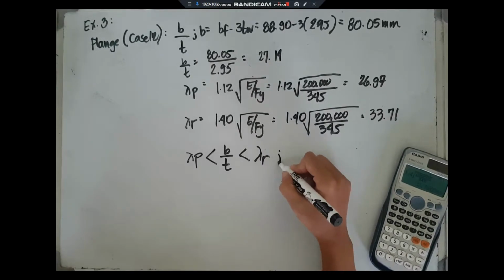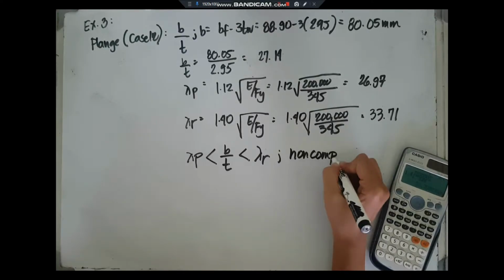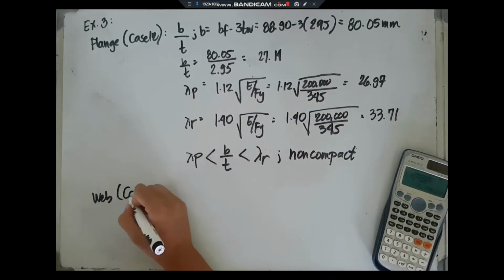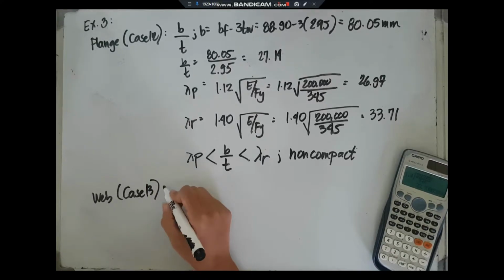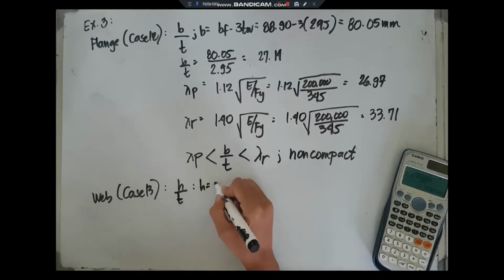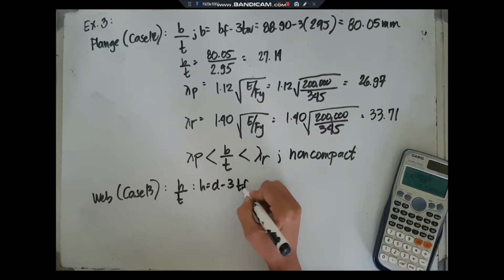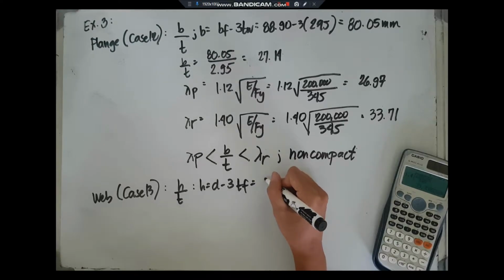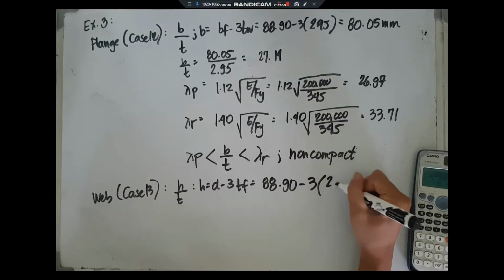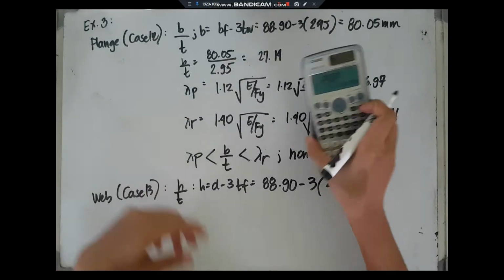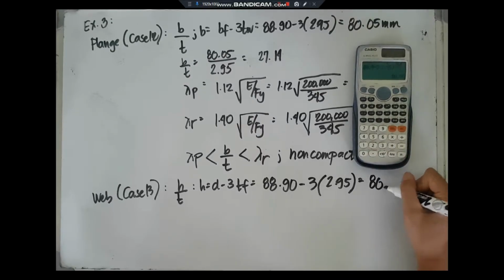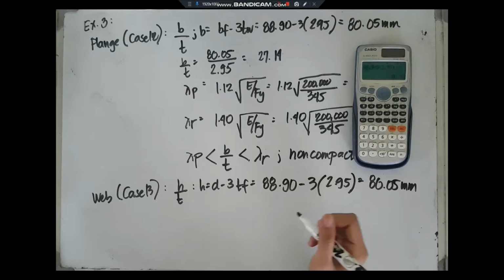Therefore, the section or the element is considered as non-compact. And for the web, we will use case 13, in which the width thickness ratio is equal to h over t, on which our h is equal to the total depth minus thrice the thickness of the flange. So 88.9 minus thrice the thickness of the flange, which is 2.95. So the width thickness ratio, or the h, is equal to 80.05, and dividing it by the thickness